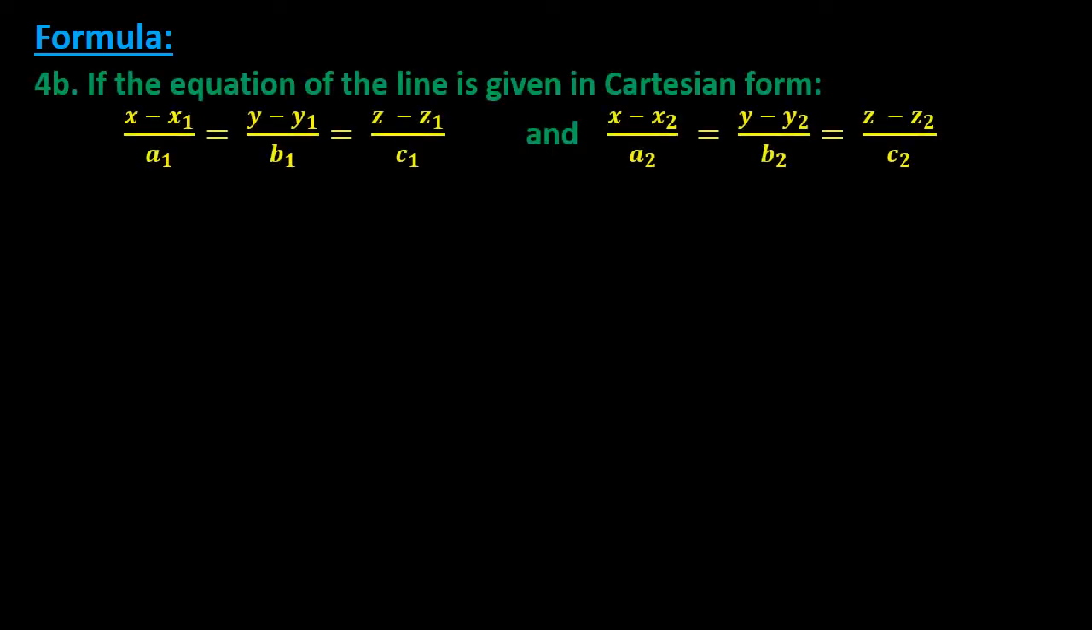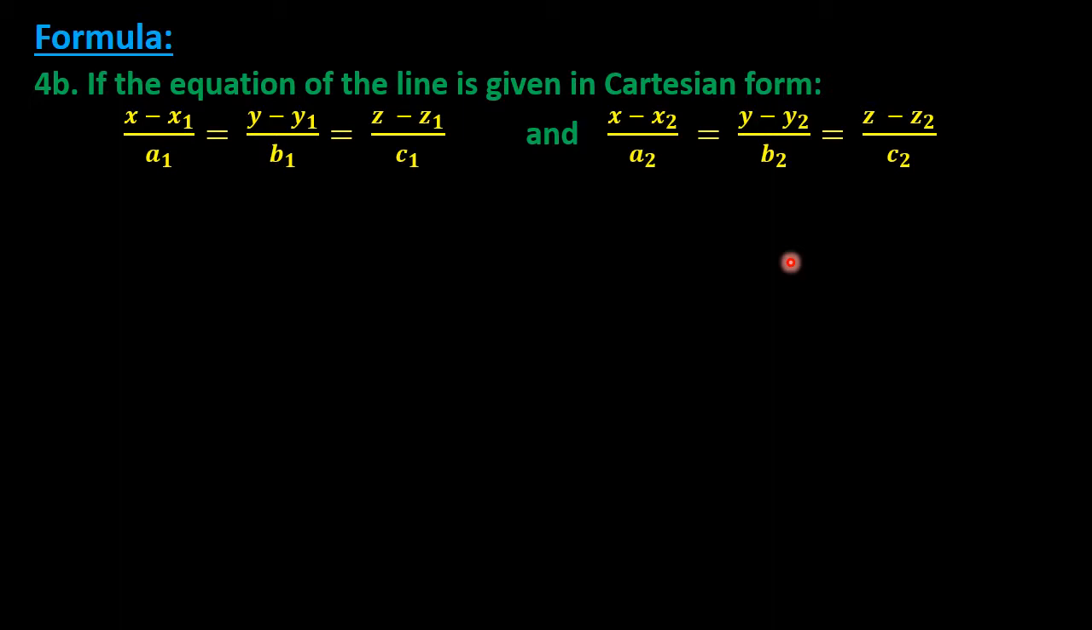Now if the equation of the line is given in the Cartesian form, where the equation of the first line is x minus x1 by a1 equals y minus y1 by b1 equals z minus z1 by c1, and the equation of the second line is x minus x2 by a2 equals y minus y2 by b2 equals z minus z2 by c2,